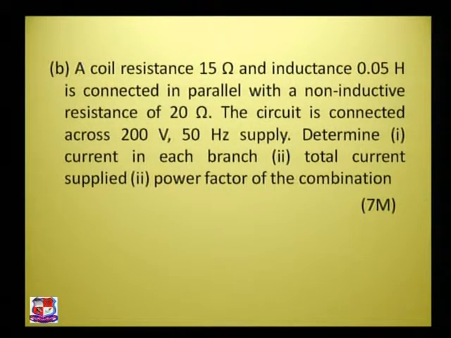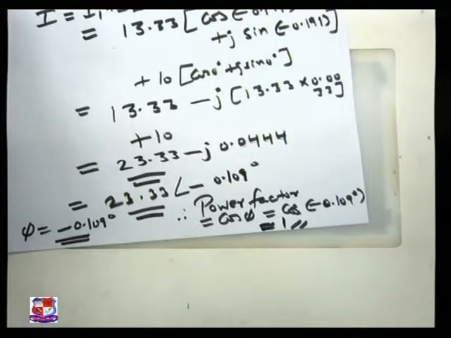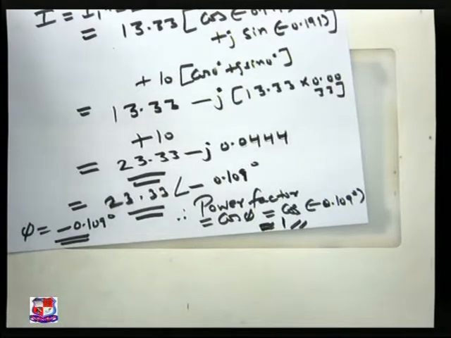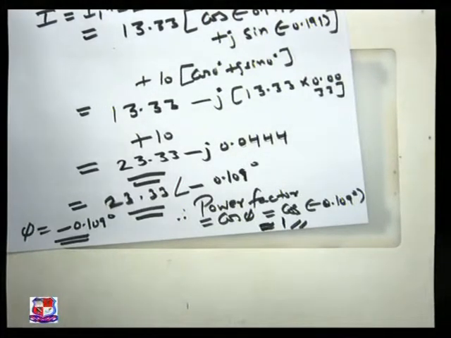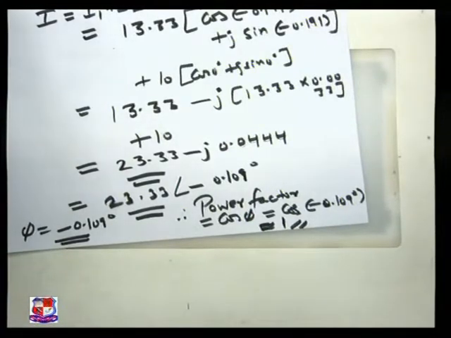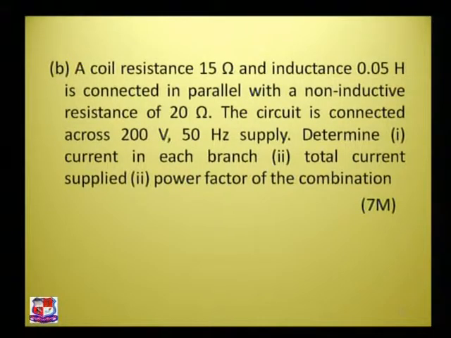You can find individually also: we have I1, so we can take its phase, cos phi 1. Similarly for I2, cos phi 2, and again we can add, so we will get individually also. If you want to find the total combination, in this way we should proceed. So we have solved all three things asked in the question: first the individual currents, then the total current, and then the power factor of the combination.